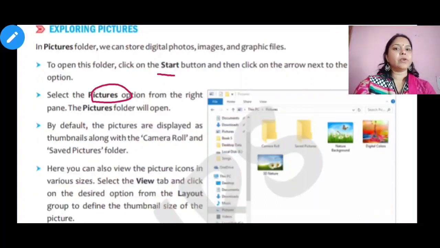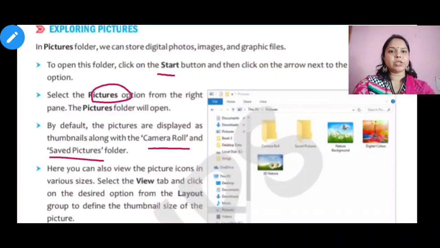And by default, what will happen? By default, the pictures are always displayed as icons of thumbnails along with the camera roll and saved pictures folder. Just like in your mobile, pictures are saved in different folders like WhatsApp folder, screenshots, camera roll, saved pictures. So in this computer also, it is always displayed with the camera roll and saved pictures folder.